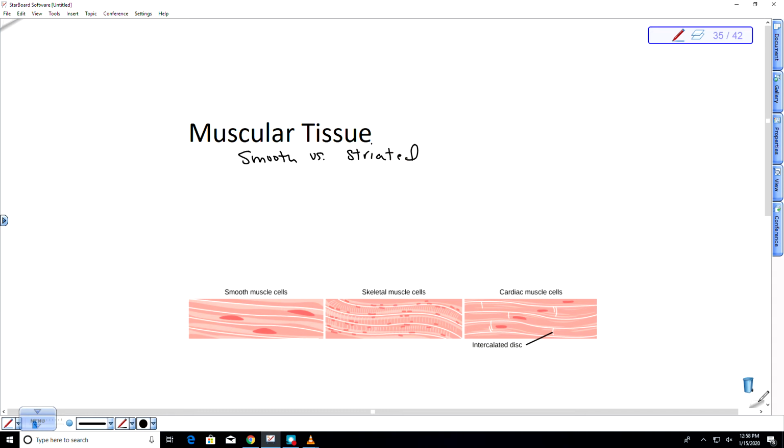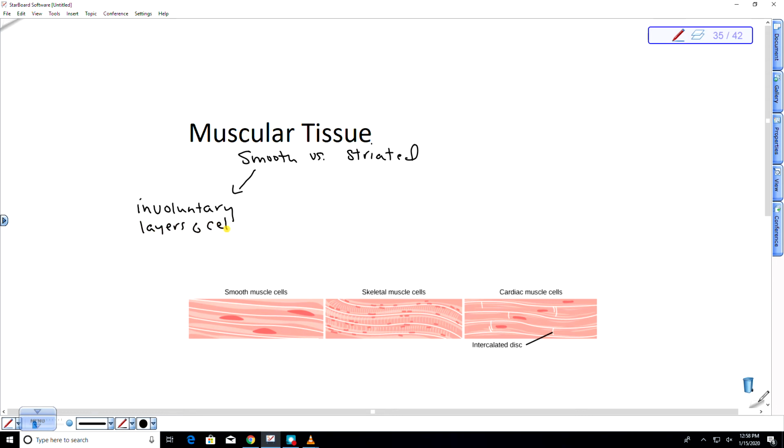So when you look at the smooth muscle cells, you'll notice that they just have one nucleus, and the smooth muscle cells are generally in layers. And so the smooth muscle is involuntary. So it's not something that we can control. It would be layers